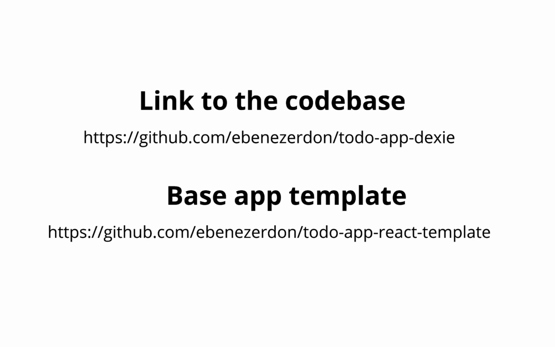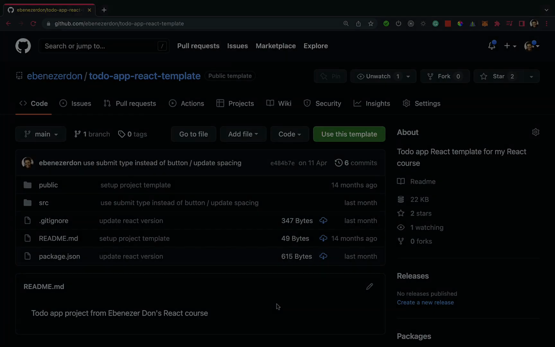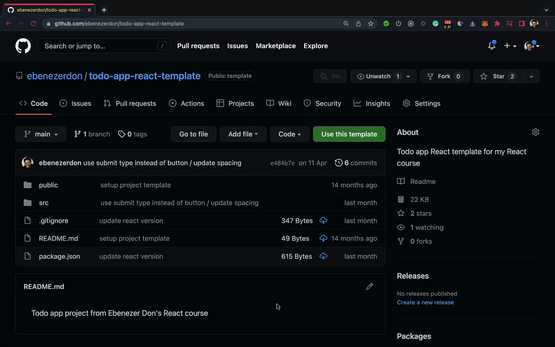So we're going to start with the base app template, which contains the design of our to-do app already, so we don't have to start struggling with design. We just focus on what's important: IndexedDB, Dexie.js, React.js. Let's get started. Let's start by going to this URL,